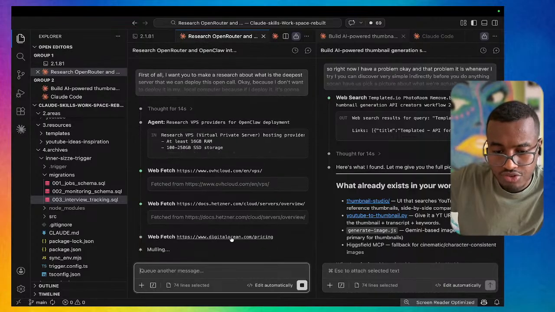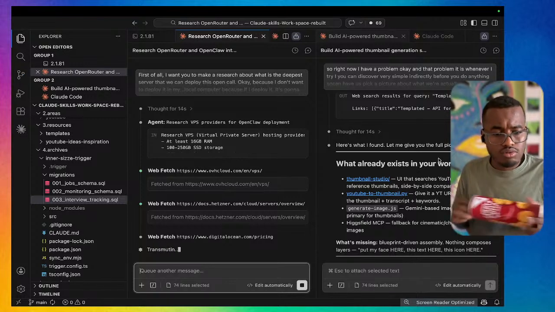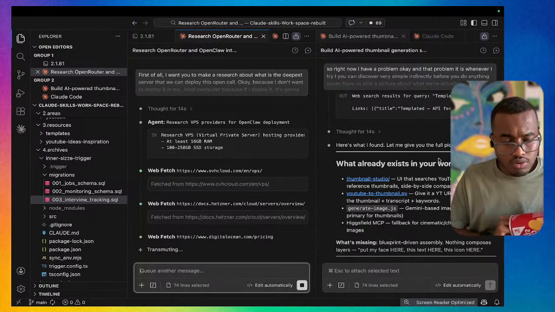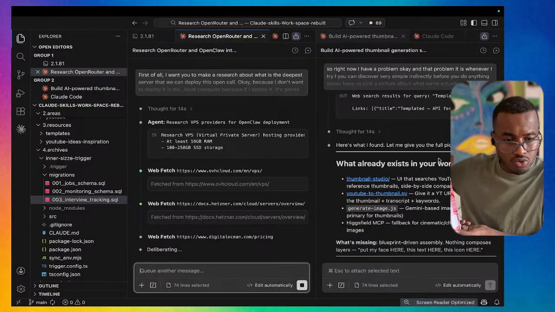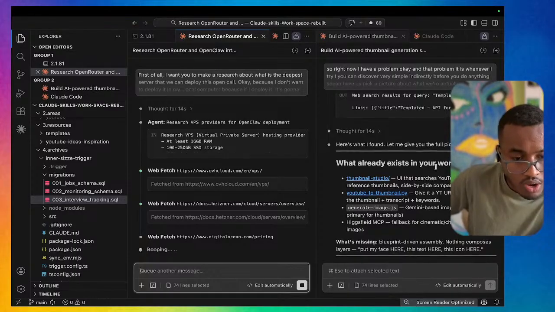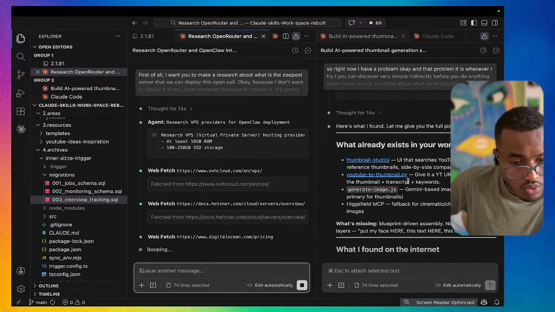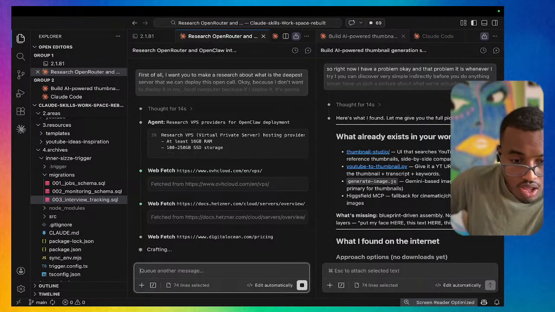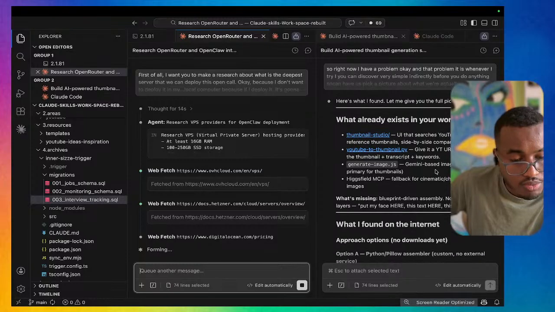So this guy is still searching the web. What have you found? This guy also found. Now let me give you a full picture. It already exists in your workspace. We have a Thumbnail Studio UI that researches YouTube, downloads reference side by side, compares them. Give a YouTube URL, it downloads the thumbnail, transcript plus keywords,